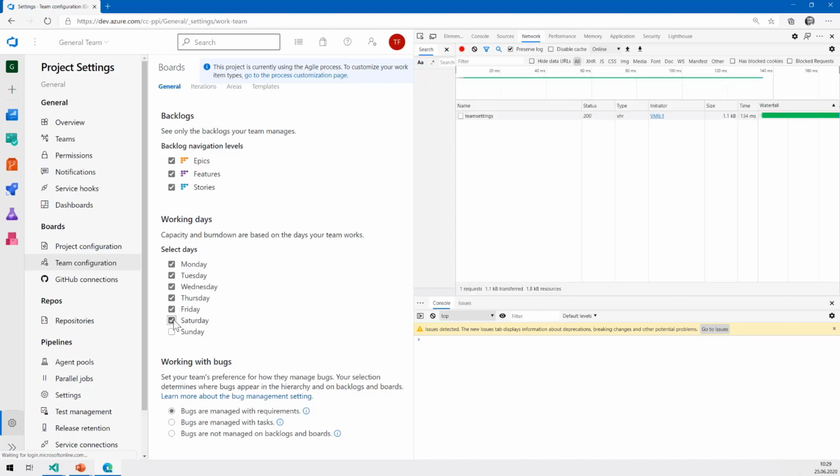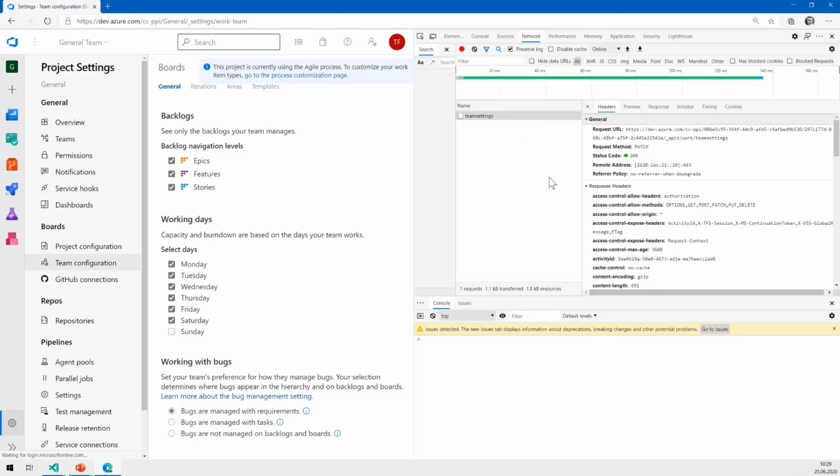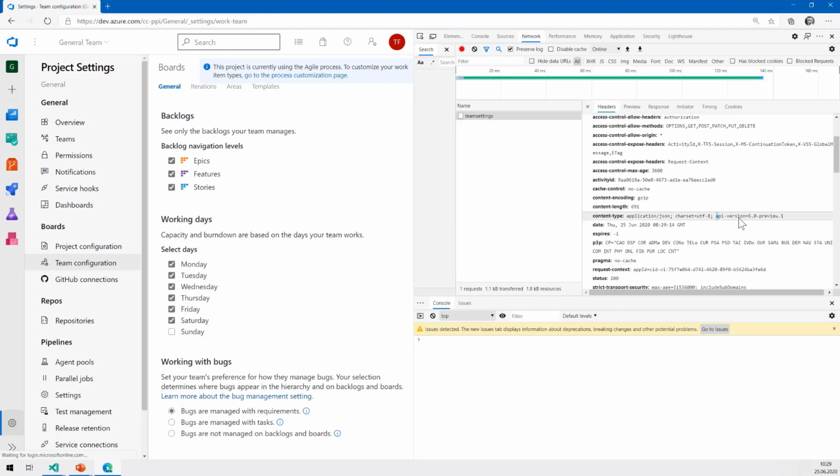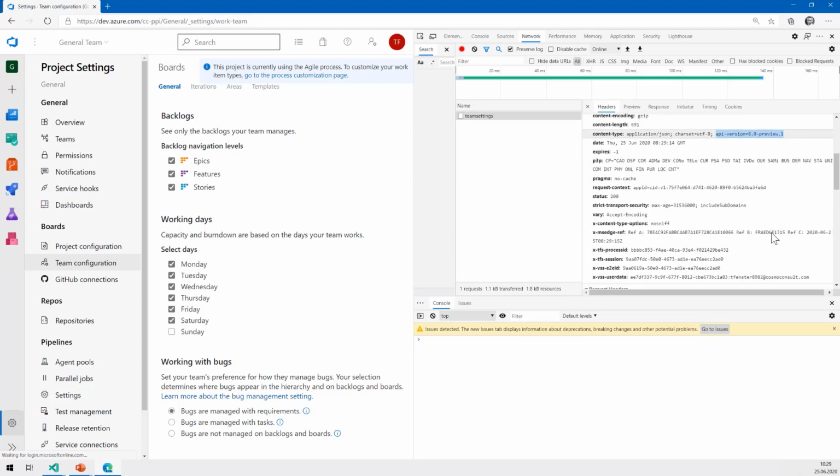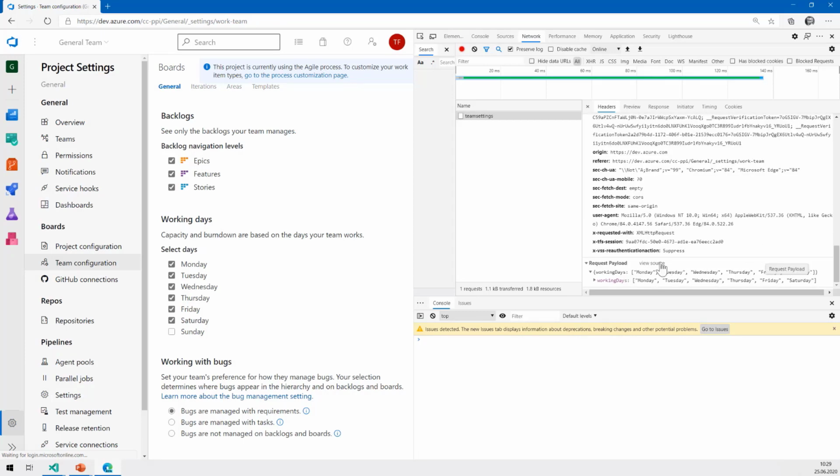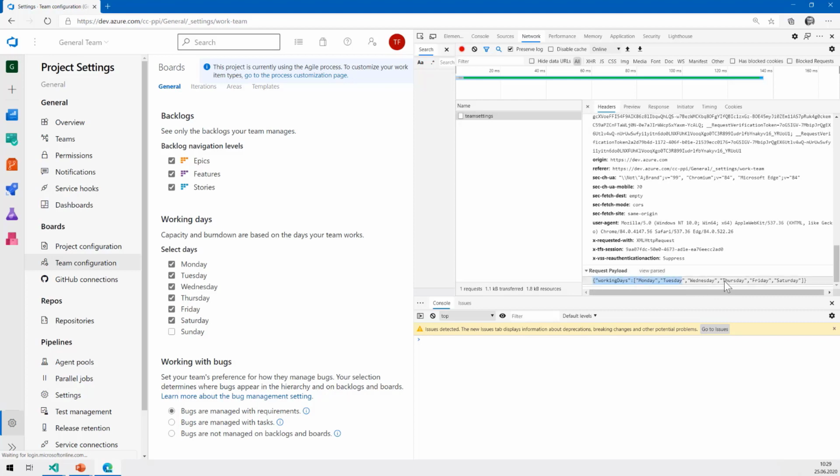So I click here, and then I can immediately see that there has been a call to something on the back end, and this happens to be something in the API, as we can see here. So indeed, a call to the REST API has been triggered. I can see which URL to use. I can see that we need to do a patch request. I can see if I scroll down here that I need to set the API version. And if I scroll to the very bottom, I can also look at the actual content that I need to send.